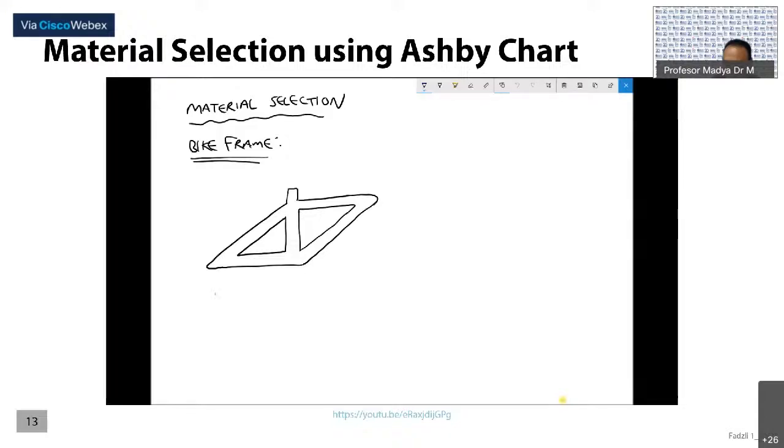First of all, we're going to have upward forces at the rear wheel and the front wheel. We're going to have the mass or the weight of the user acting down, and the user is also going to be applying forces at the pedals. Now, the simplest way to evaluate this is to consider it as a pin-jointed framework. And what that means is that each of these trusses that we've drawn